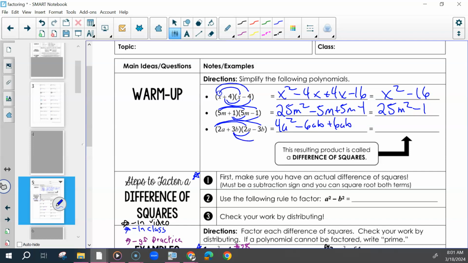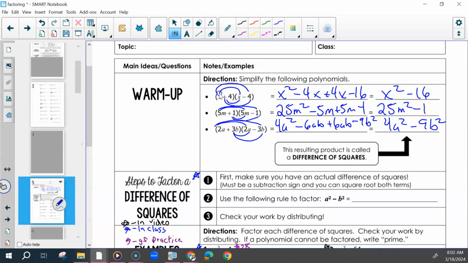And then 3b times negative 3b. Negative 9b squared. And when we combine our like terms, what would that end result be? 4a squared minus 9b squared. So we're going to be given a lot of things that look like this and have to